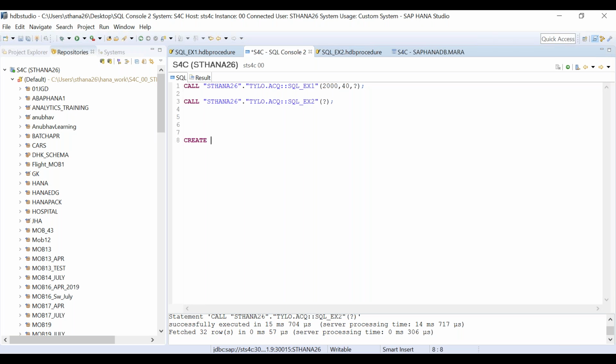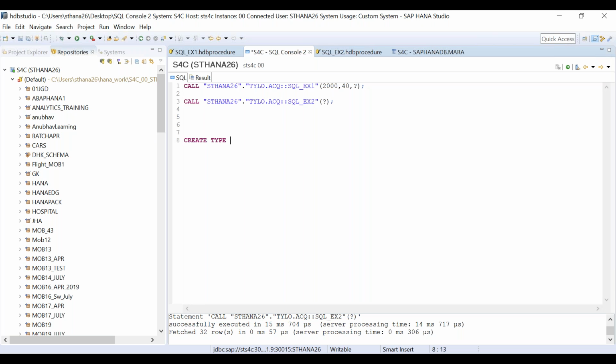Let me find the exact syntax. Yeah. So create type. So this is type.